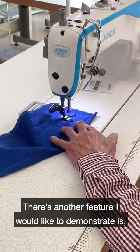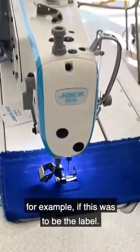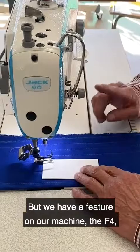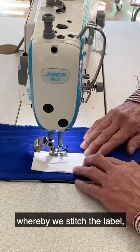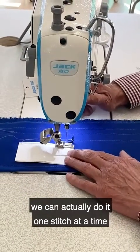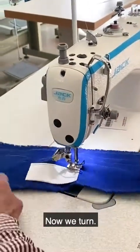There's another feature I would like to demonstrate. For example, if this was to be the label, I would put it underneath the foot. What happens is they run off, but we have a feature on our machine, the F4, whereby we stitch the label, and before we come to the end of the label, we can actually do it one stitch at a time before running off. Now we turn,